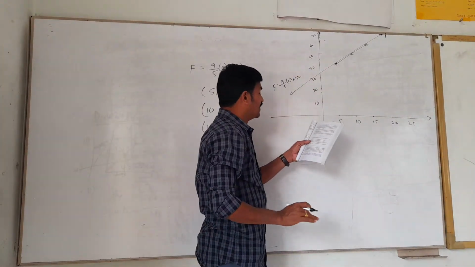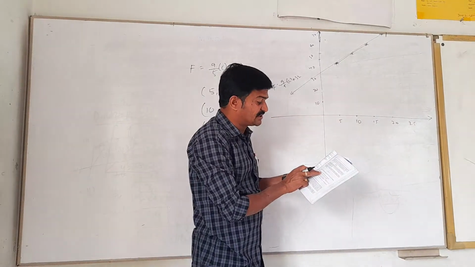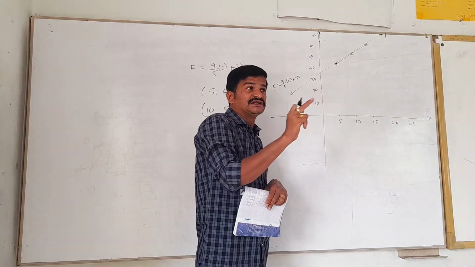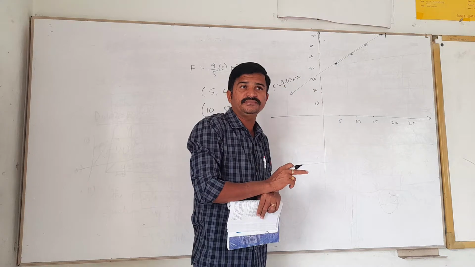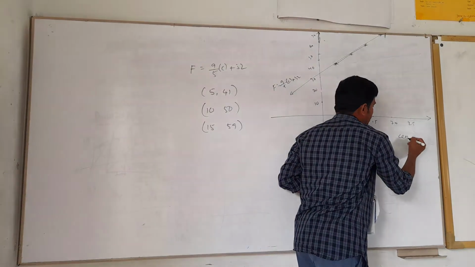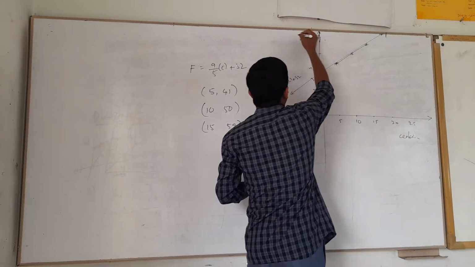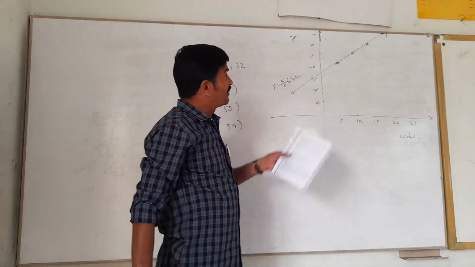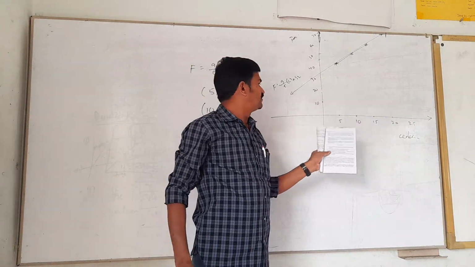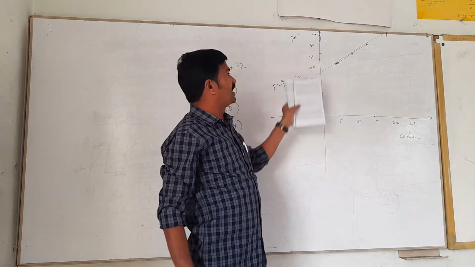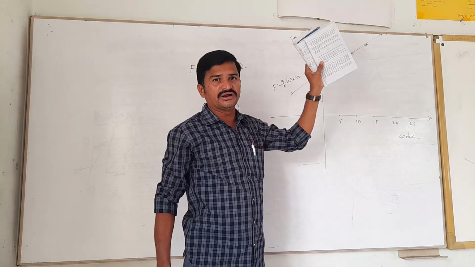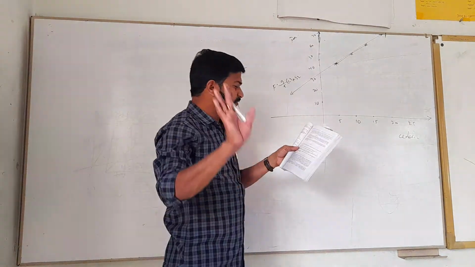What is the second question? If the temperature is 30 degrees Celsius, what is the temperature in Fahrenheit? Temperature is 30 degrees Celsius. Is Celsius on the x-axis or on the y-axis? Here we have taken Celsius on the x-axis only, right? Here you can write Celsius. This is Fahrenheit on the y-axis, and while writing, write the scale also. On the x-axis I have taken Celsius as 1 centimeter equal to 5 units. On the y-axis I have taken Fahrenheit as 1 centimeter equal to 10 units. Are you clear? Like that you can take.